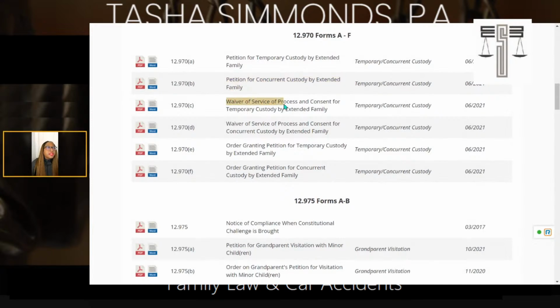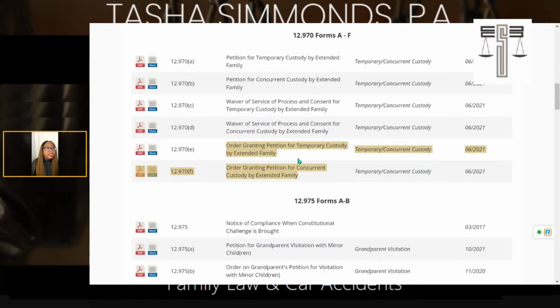Waiver of service of process and consent. Just read the instructions. I suggest you read the instructions for both of them, and then whichever one you realize you're supposed to do, whether it's the one called temporary or the one called concurrent. Again, very confusing and misleading, because both are temporary in the common sense of the word, and both can be concurrent in the common sense of the word. But hey, legal distinctions. When you realize which one you need, then go to the waiver for that one, and it'll explain to you what to do. And then, of course,